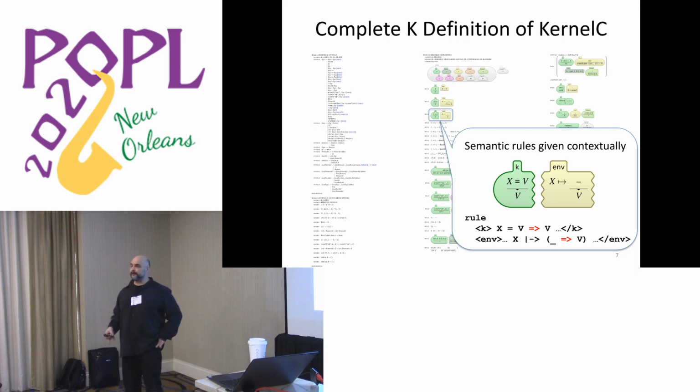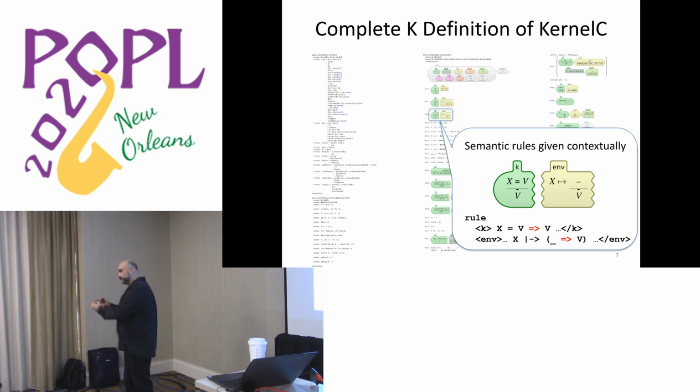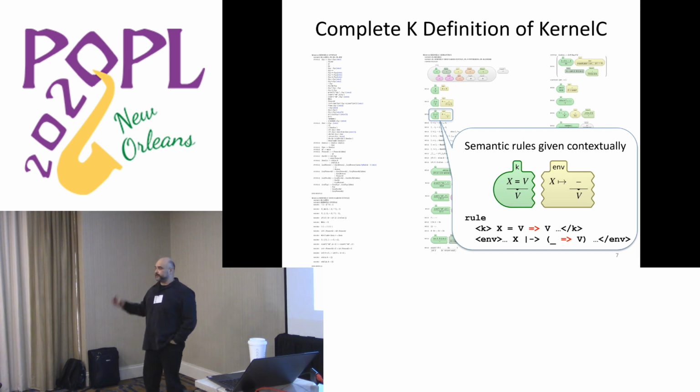And we put a lot of effort into designing the notation so that you don't write anything that you don't need, basically, in a rule. Everything can be inferred, including the context in which you apply the actual transformations. You can think of K rules as transactions because they match what they need in the configuration, and they write only some of the parts. It's very easy to translate this to any other formalism. For example, for top-level rewrite rules, you just have to add additional variables. So that's not the hard part.